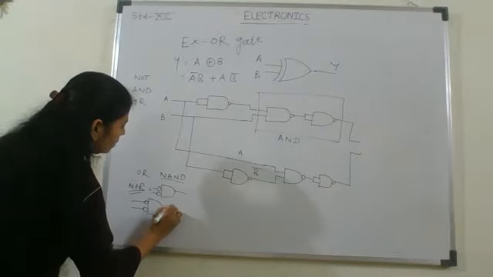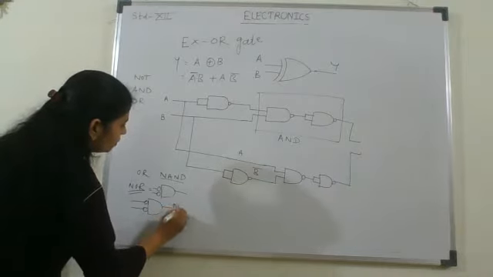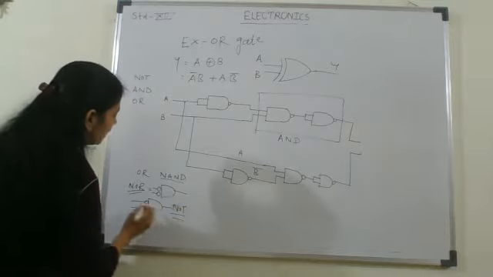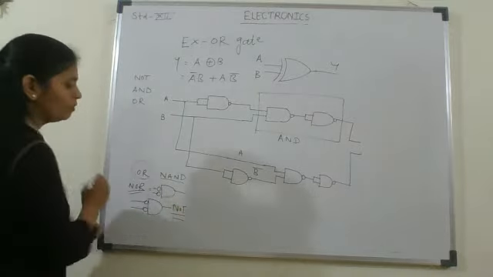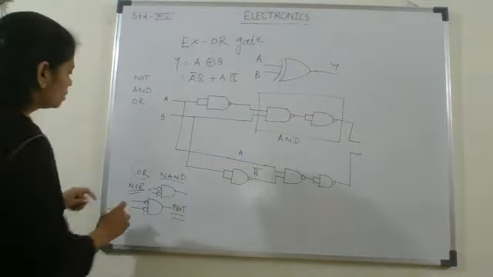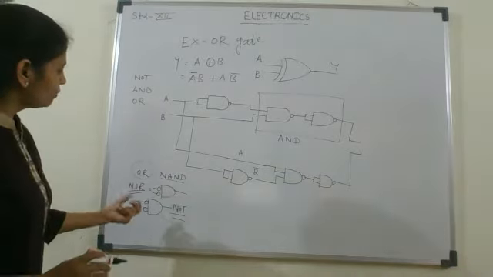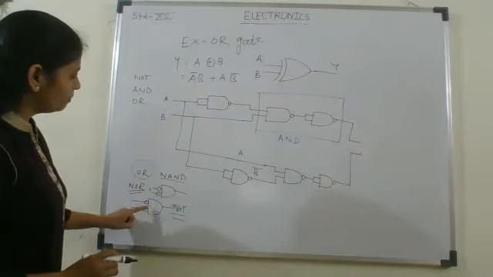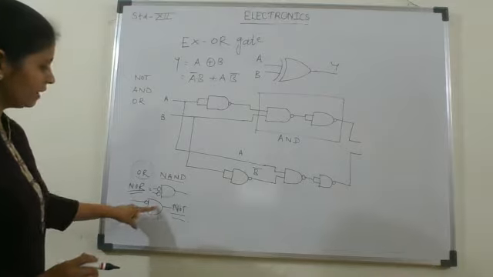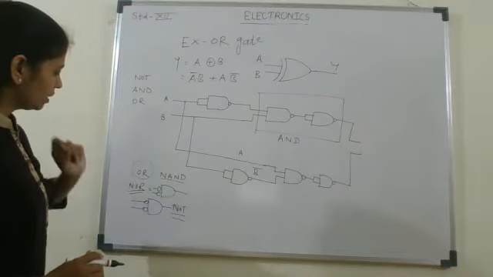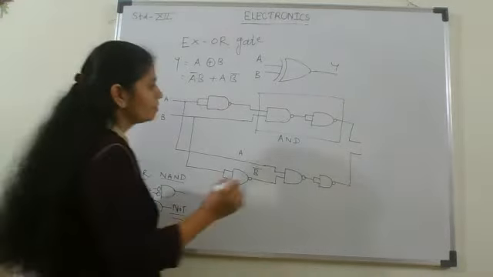and if to this bubble AND gate we add one NOT gate, then we got the diagram of what? Then we got the diagram of OR gate. Okay, so this is the rough work. Now what we have to do? We want bubbled, and this is AND gate with one NOT gate. So we'll draw the diagram.